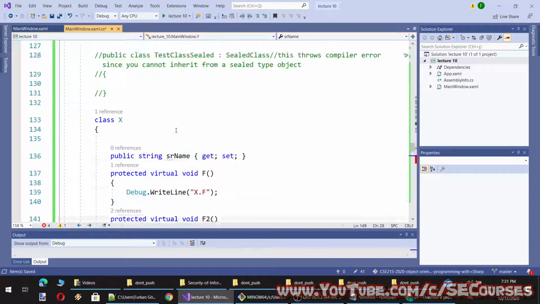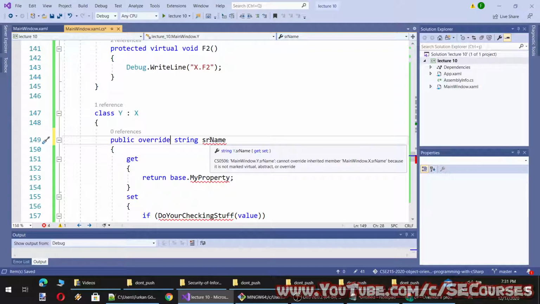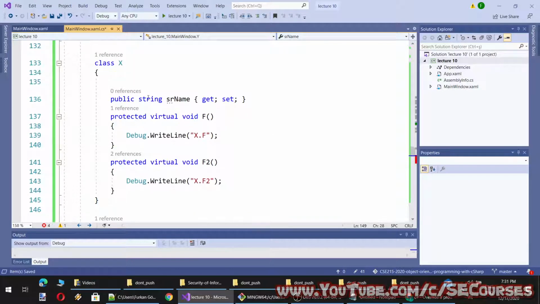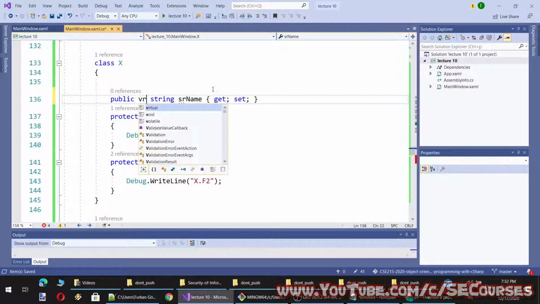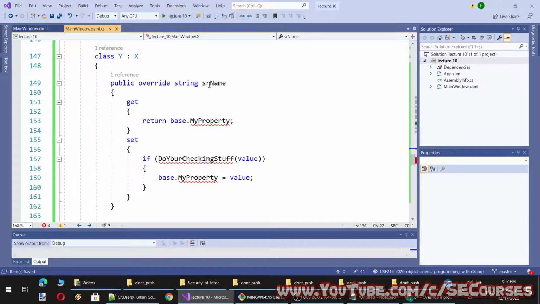And we have to mark this as virtual. Then it says base.MyProperty.